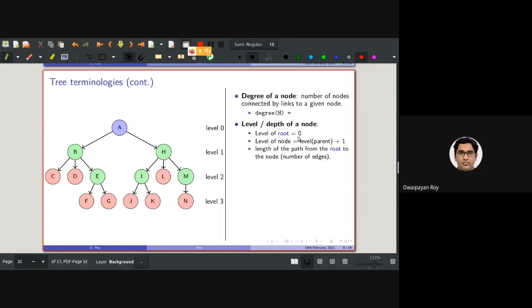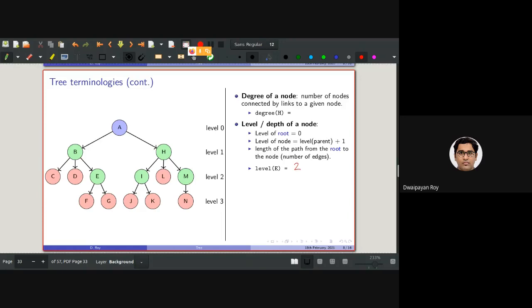Another way of defining the level or depth of a node is the length of the path from the root to that node, basically the number of edges between the root and the corresponding node. So for example, what will be the level of E? Should be 2, right?